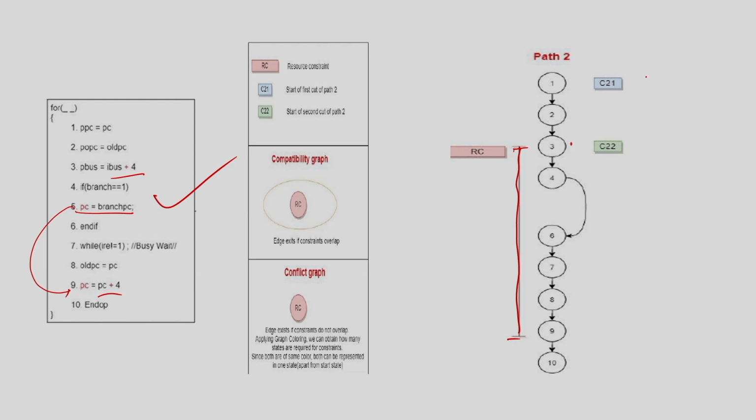So, I am going to have a cut here, and one cut is from this to this, right. So, I can cut anywhere between this. Again I need 2 states to execute my path 2, and this second state can be cut anywhere. Okay. So, that is for path 2, because in path 2 I do not have any variable constraint, because this is within the if branch and that is not in the else branch. So, I have only one resource constraint, and I understand that I have cut 1 and this is my cut 2, and this is what I obtain.